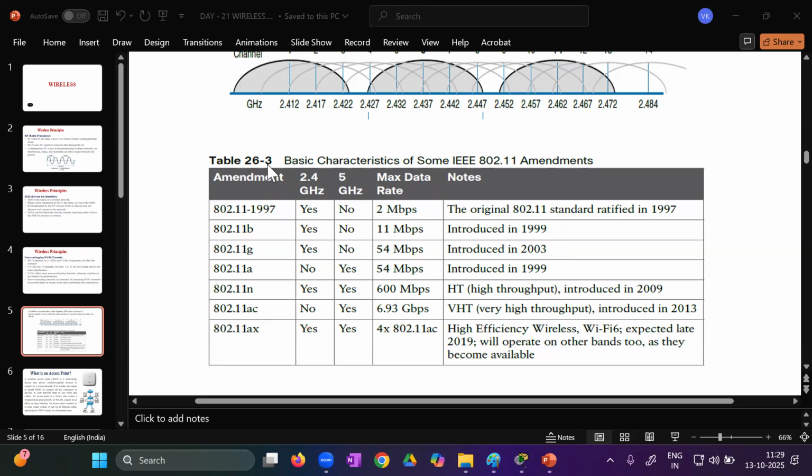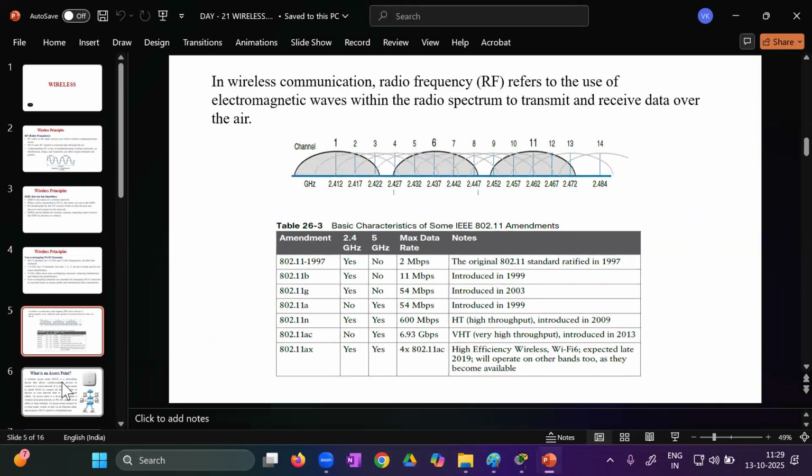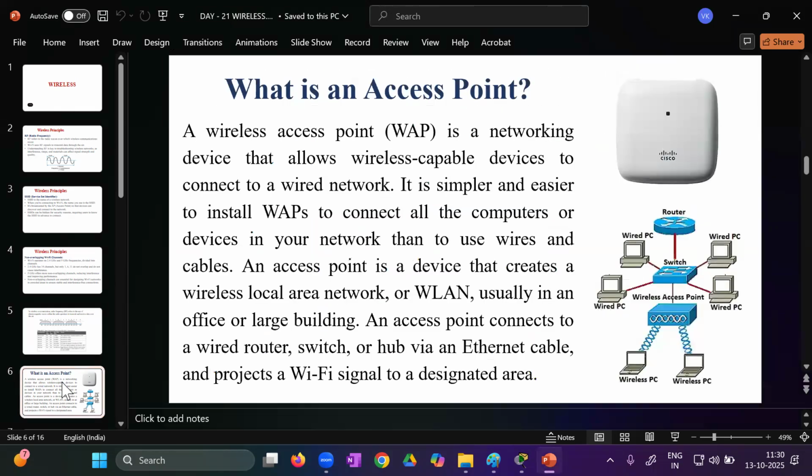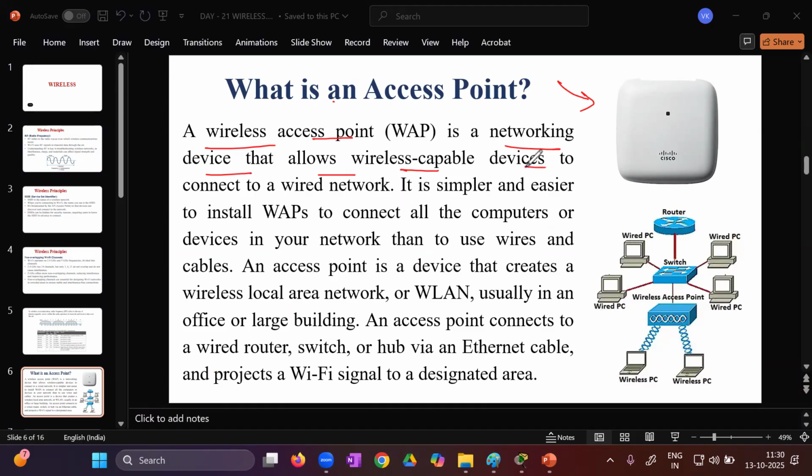Now in this case, everything is dependent upon a device that is called an access point. We will be using a device. So what is the use case of this access point? A wireless access point is a networking device that allows wireless capable devices to connect to a wired network. It means that we will be using an access point to have connectivity between the wired and the